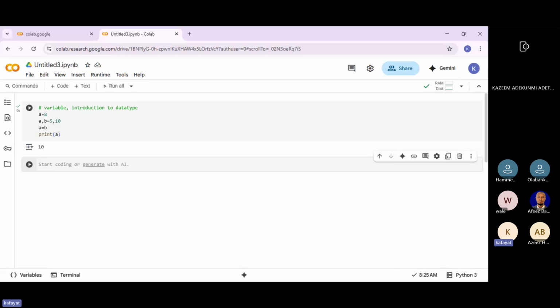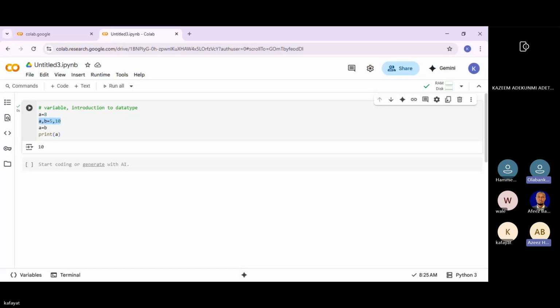So what this program did just now is we're trying to equate the two variables together, telling A to take the value of B. Remember, my B from the onset is what? It's 10.